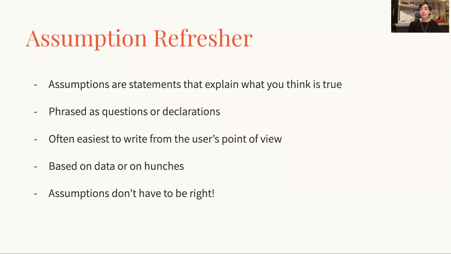And so let's talk about assumption generation. Assumptions help you paint a picture of what you're trying to find out from testing by defining the reality of your product as you see it. So as a brainstorming exercise, you and your team, your collaborators, your coworkers, will write assumptions to explain what you think is true. They can be questions or statements, and they're typically easier to write from the user's point of view. Assumptions can be based on facts, but they don't have to be. At this point, you don't need to worry about anything being truly correct. You just need to write out your perceptions that you want to poke at in testing.